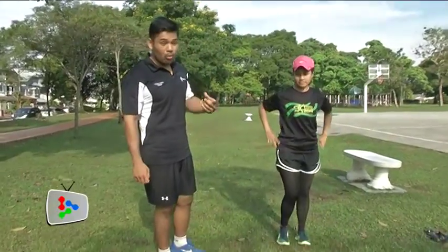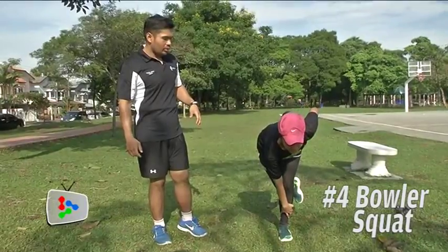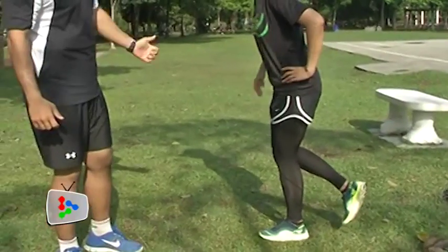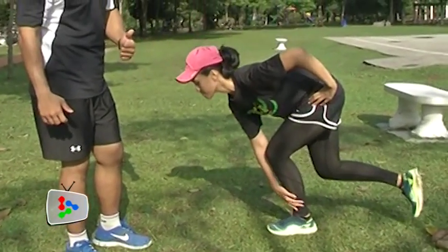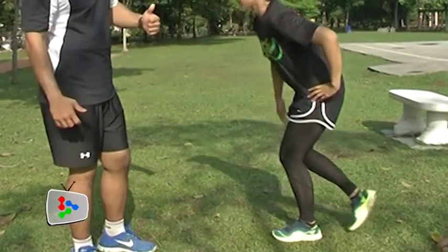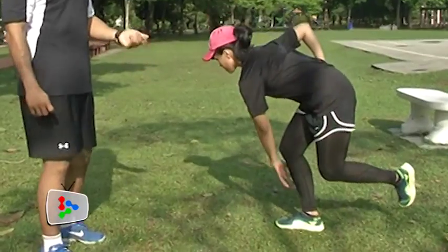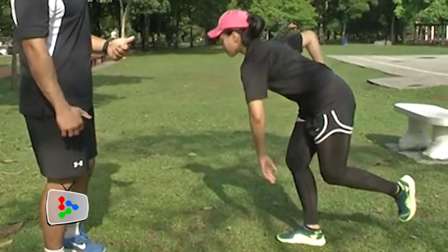This is a single leg exercise. This is called a Bulgarian split squat. So reach it all the way outwards and of course squeeze your bum, stand all the way up. This is very, very good, especially for those that run a lot, because it targets the outer part of your bum, and the outer part of your bum helps your running mechanics,